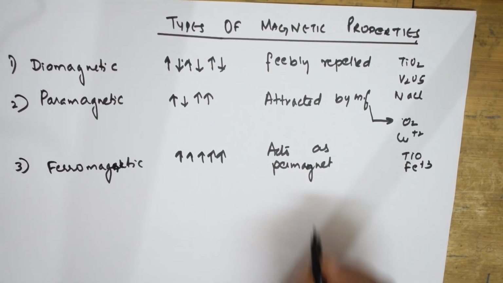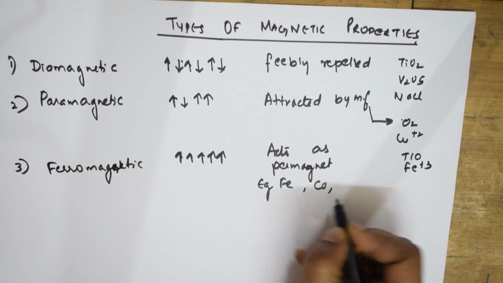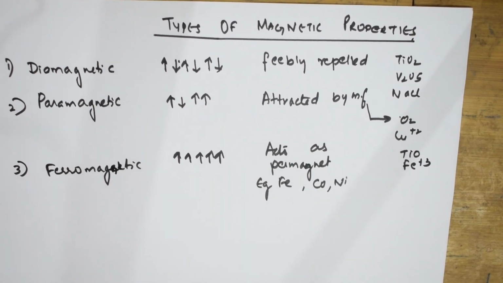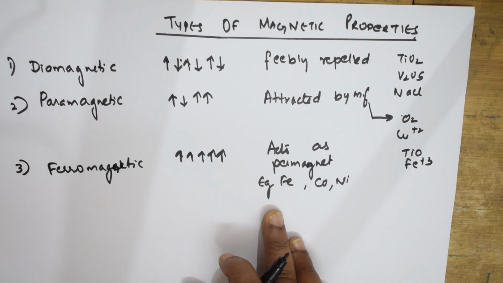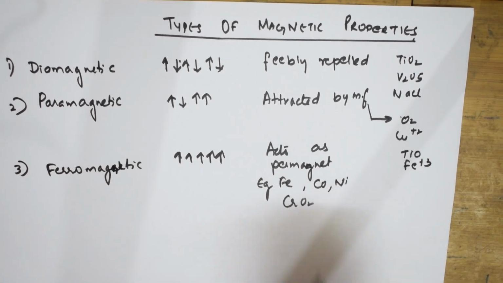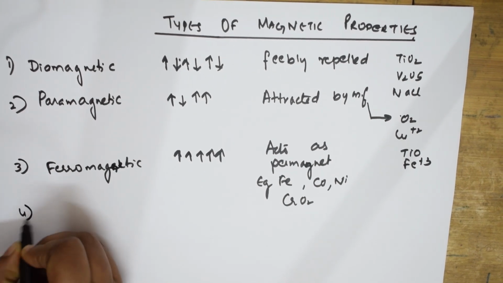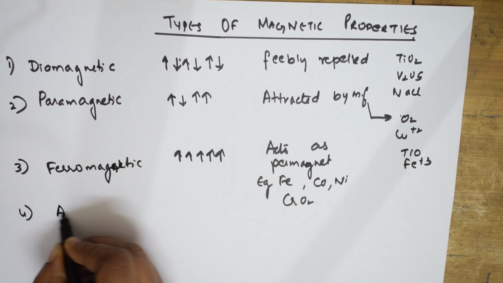What are the examples for this? Iron is one example, Fe, cobalt, nickel. These are the examples. Where am I using this? Basically, CrO2, I'm using it in videotapes, isn't it? Right. So the next one is